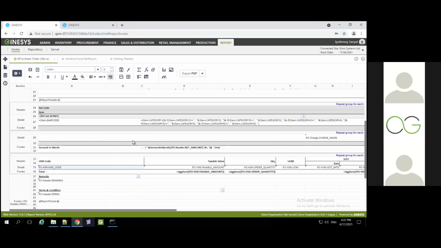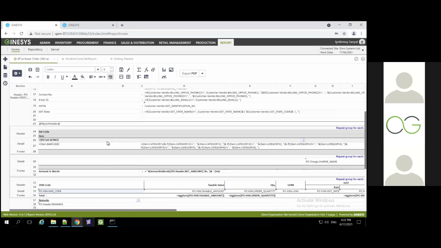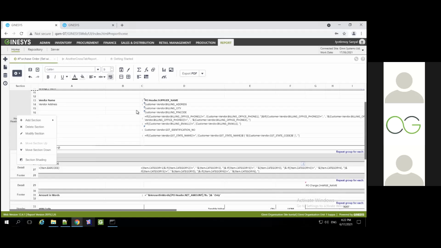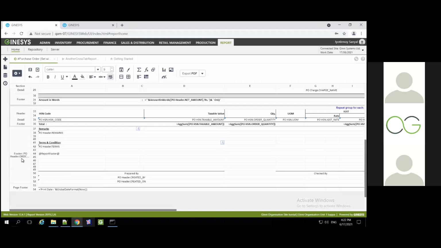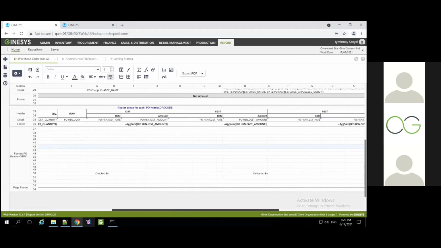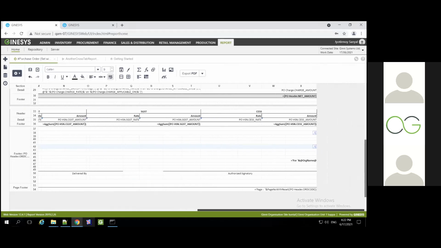So that was with respect to the report design of using repeating group and of course header. And then you have the footer of this particular PO order code, which has various information with respect to who has created this particular PO, what the terms are, and you can input all other information, whatever is available in your data source.